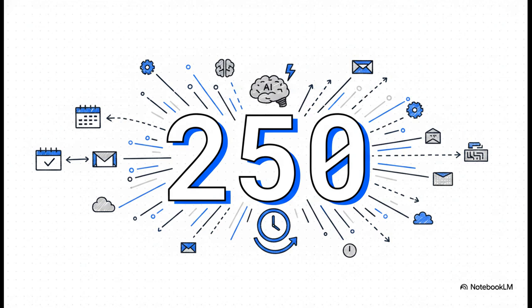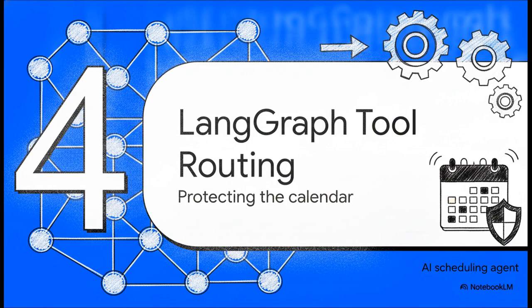But by leveraging Composio, developers skip all that boilerplate code and plug the AI directly into these services securely in just a matter of minutes. It's a huge time saver. Which brings us to Section 4, LangGraph and tool routing, or as I like to think of it, protecting the